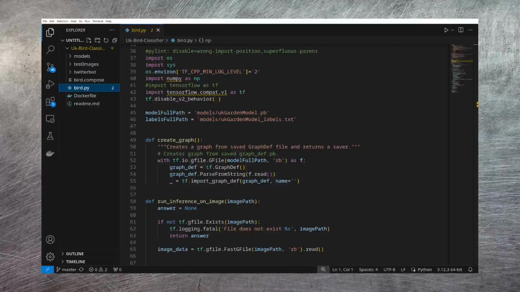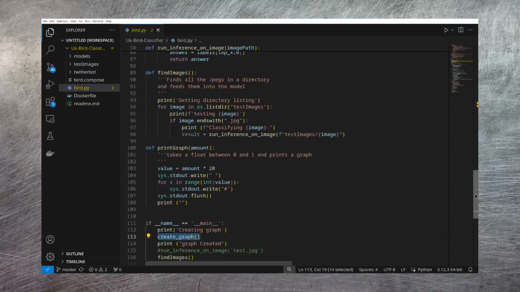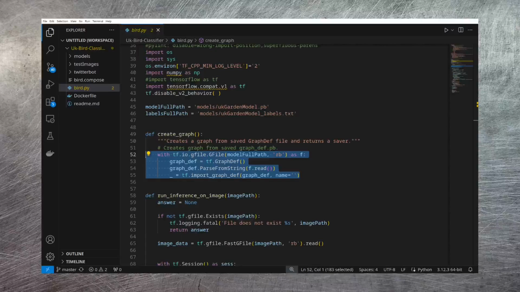Now before we run this code, I wanted to show you a bit about what it's doing. If we go all the way to the bottom, we see the main function, and the first thing it does is it runs this function called create_graph. That runs this code here. Now this is using an artificial intelligence library called TensorFlow. This is a very popular AI library and is really good for things like object detection. So in this case, TensorFlow is just opening up a pre-trained AI model that's been trained against a set of